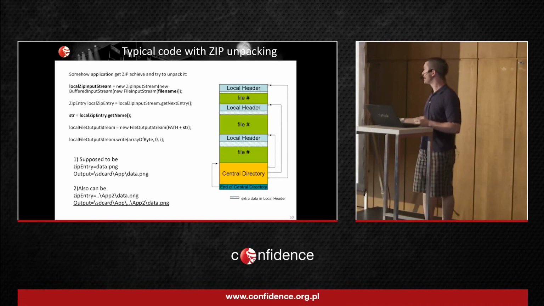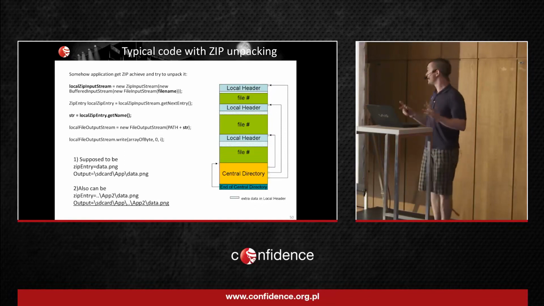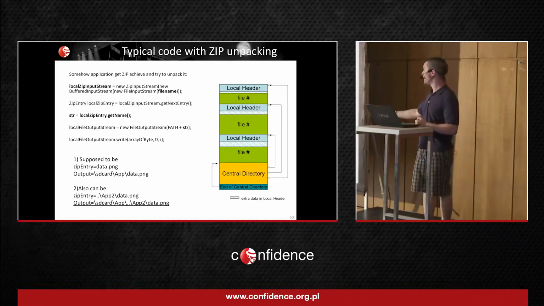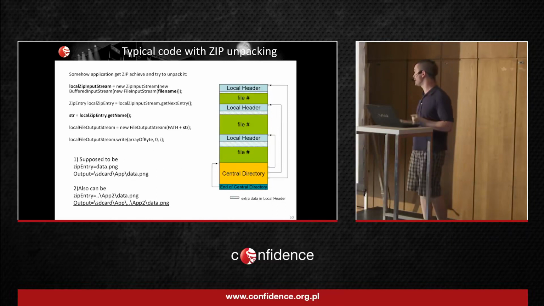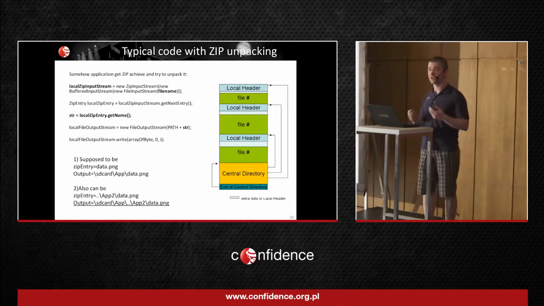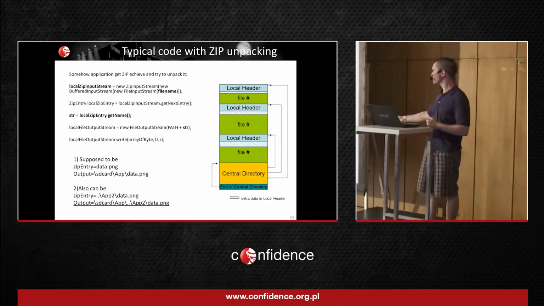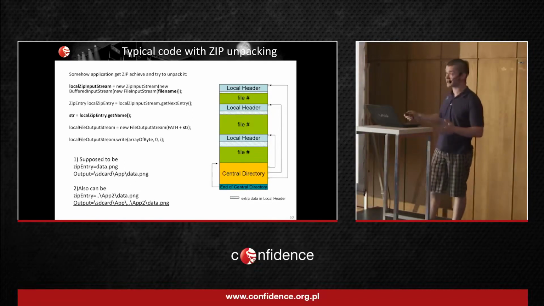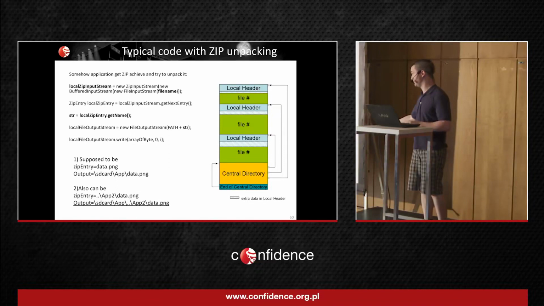After that, it takes the name of the file from this zip entry. This is not the actual name of the file, but some string value from the structure. After that, it combines this file name with some value to get the path where all data will be written. And after that, it writes its data. So if the file name in the zip entry is data.png, it will be written in one folder. But if it contains dots and slashes, all will be written in another folder.